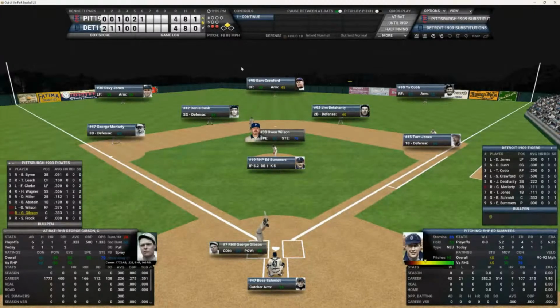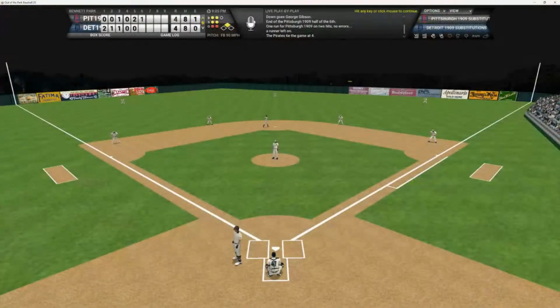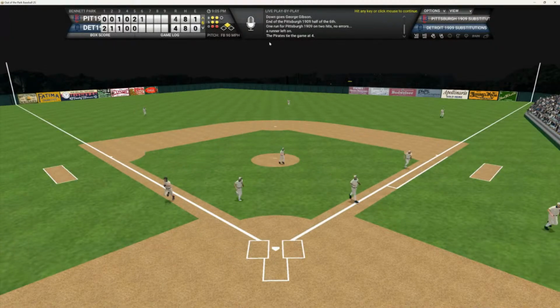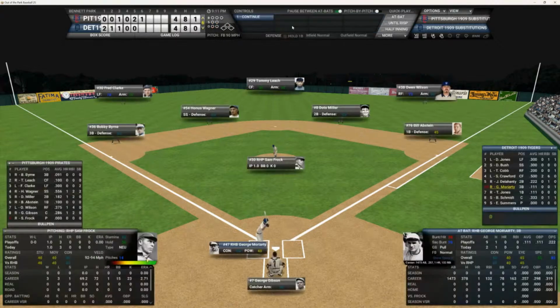He is 1 for 2 with a 2-run homer today. See if George can drive in another run. Here's the 2-2 pitch. And that's going to be out number 3. But the Pirates score 1 on the double by Owens and tie this ball game up as we go to the bottom